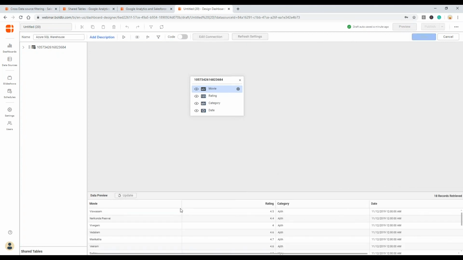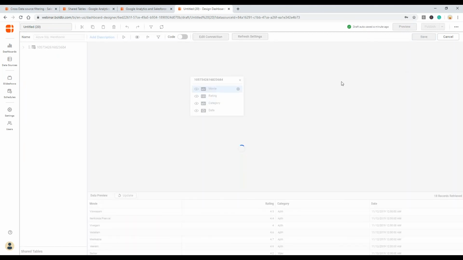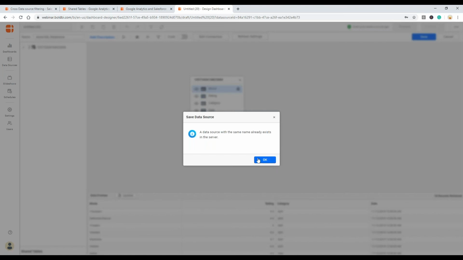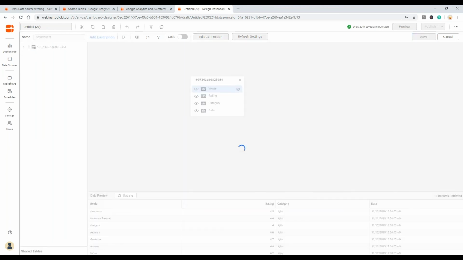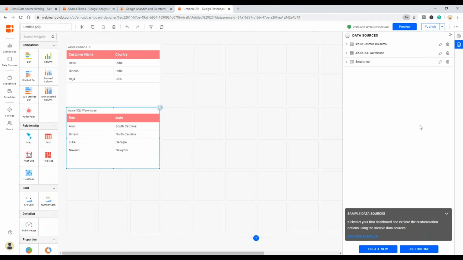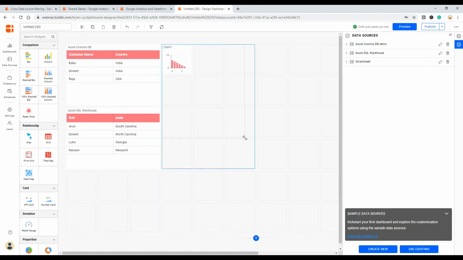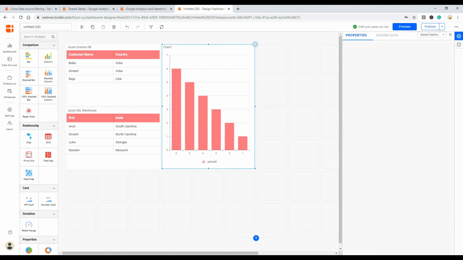The data has been extracted into Bold BI, and let me save the dashboard. Here I have it, and let me use the column chart to see the rank of different movies.